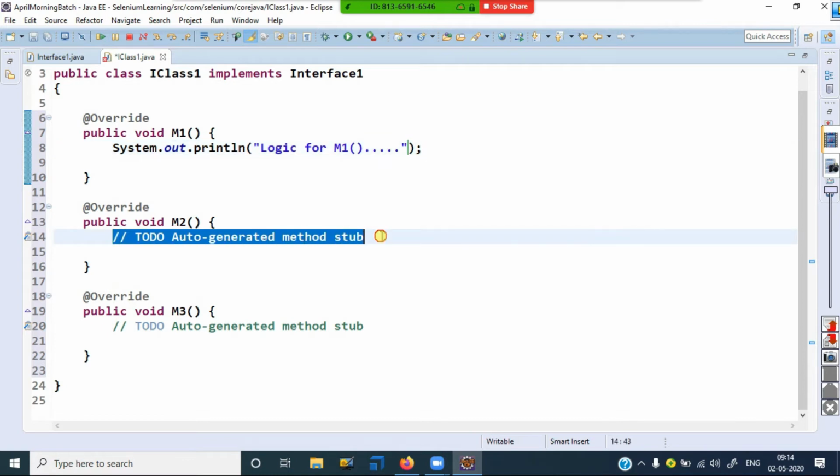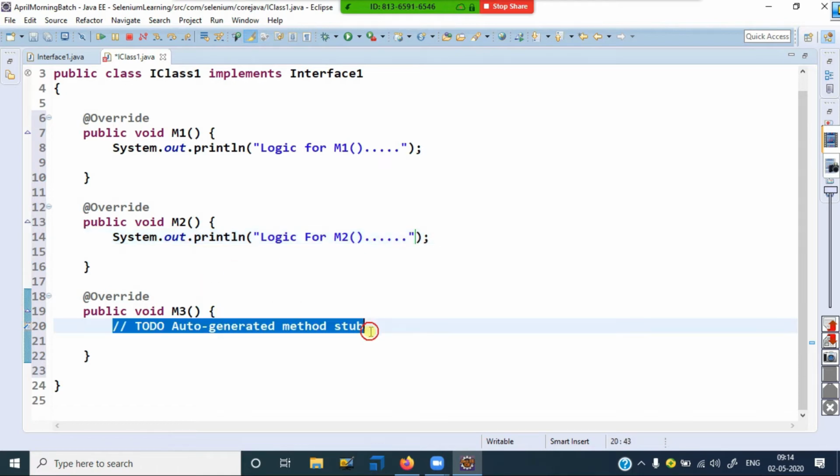And the same thing I can write here: System.out.println, logic for method 2. And System.out.println, here logic for method 3.